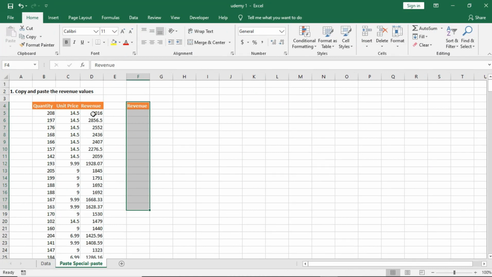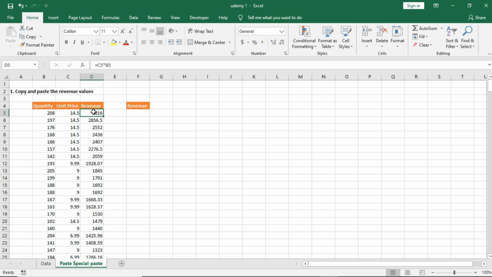Now, if I click on this data over here, on this cell, you can see in my formula bar a formula pops out, telling me that this is not just a value. It is the result of a formula. In other words, we multiplied cell C5 and cell B5 to get this particular value over here. So if I just copy this column, for example,